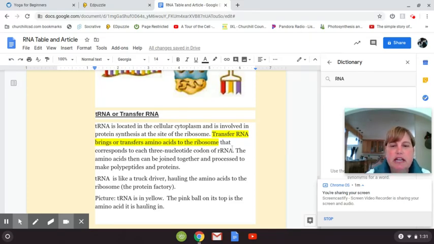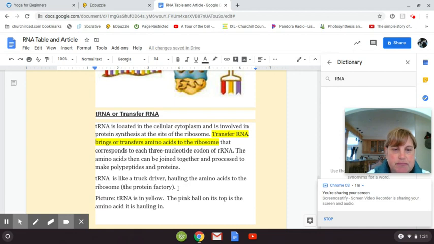So I'm going to read this again. Transfer RNA brings or transfers amino acids to the ribosome that corresponds to each 3 nucleotide codon of mRNA. The amino acids then can be joined together and processed to make polypeptides and proteins. tRNA is like a truck driver, hauling the amino acids to the ribosome, which is known as the